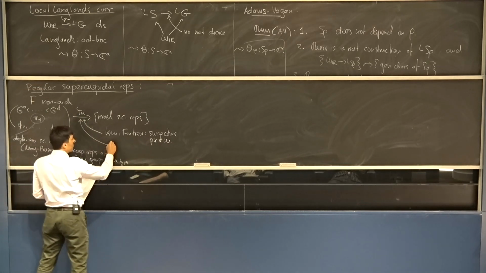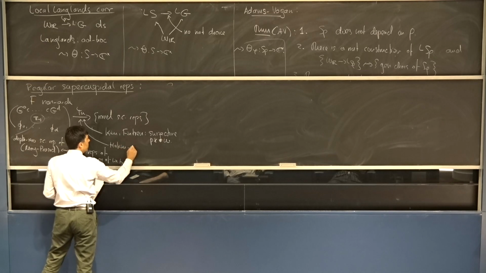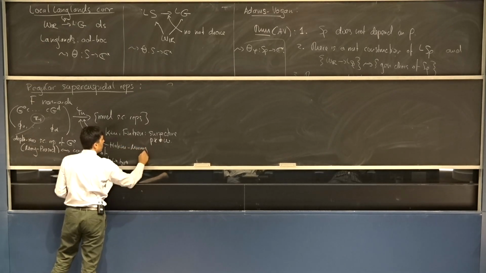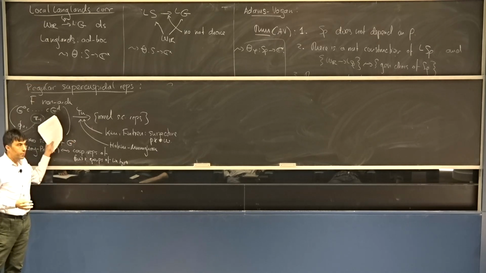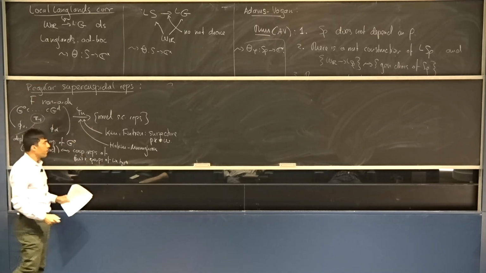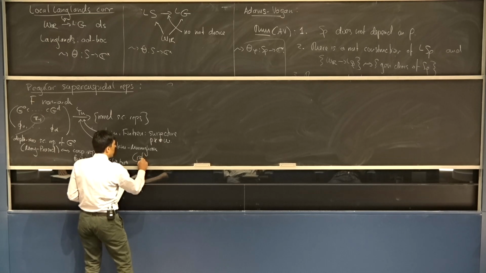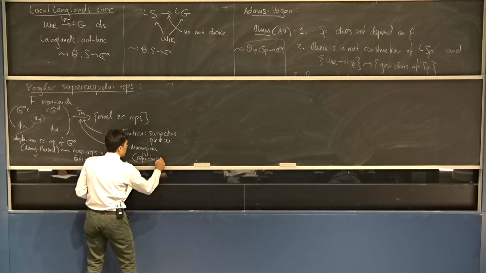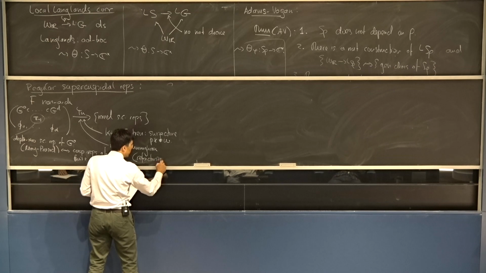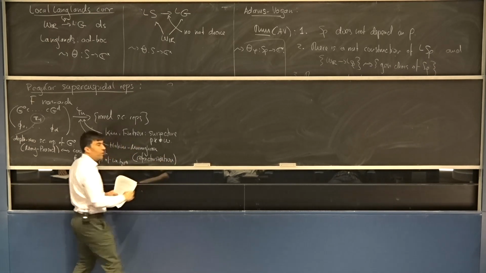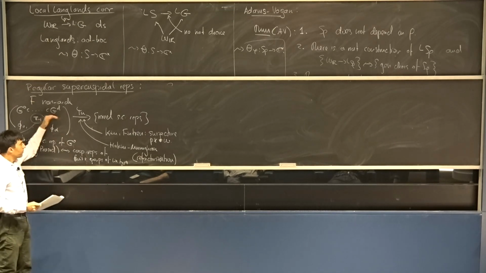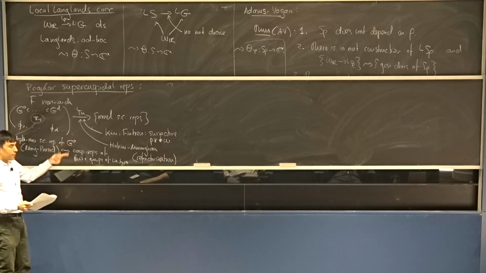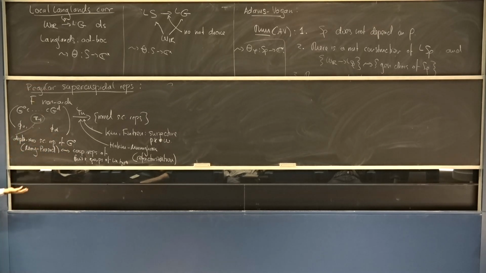And fibers were also studied by Hakim and Murnaghan, who showed that the fibers are quite non-trivial. It's not that one datum goes to one representation. Many data go to the same representation. And the data are related to each other by a process called refactorization. So there is an explicit procedure one can apply to such a datum to get another one. And then the equivalence relation generated by this procedure describes the fibers.